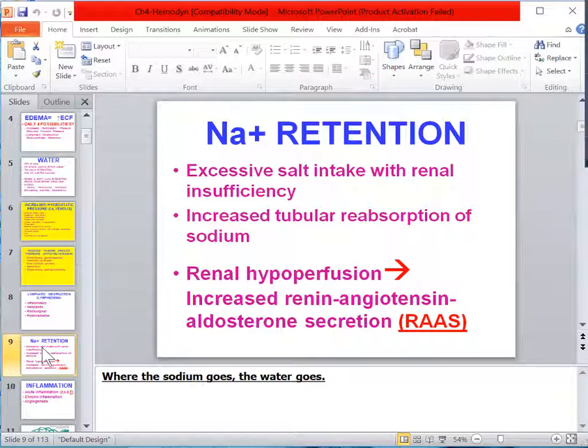Sodium retention. Well, where the salt goes, the water goes. So think about it. Could you have sodium and therefore water retention strictly on the basis of excessive salt intake? Yeah, theoretically you can, but it's very, very rare. Most of the sodium retention you have is renal caused because of increased tubular reabsorption. Okay, the sodium goes back into the blood, but probably the thing that also causes sodium retention is one of